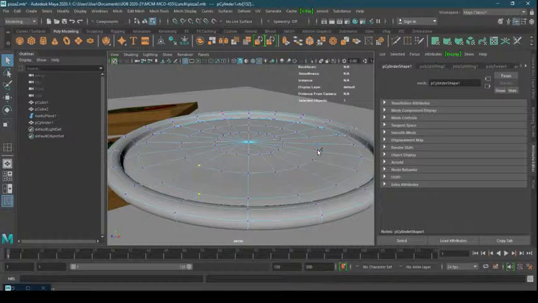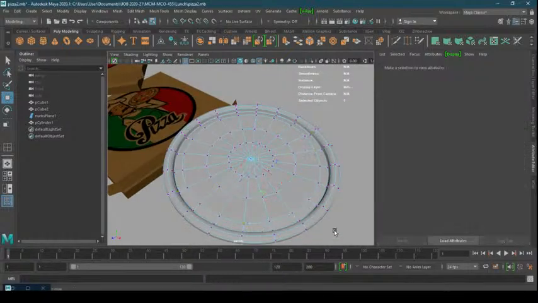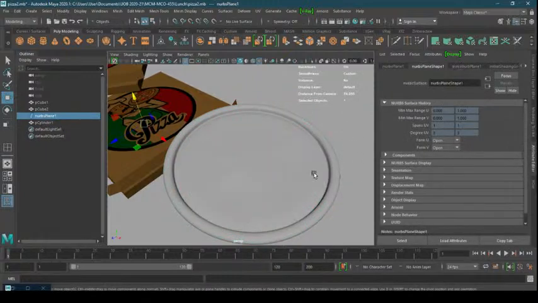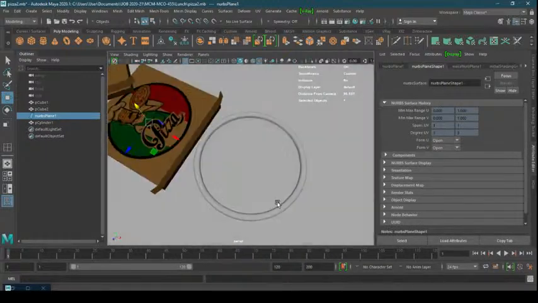Not the same ones, but try to select different ones, very few. Then W, and this time I will move them a little bit down. So now I have this pizza thing here ready. I will right click, object mode. Now I have to do the UV map on the